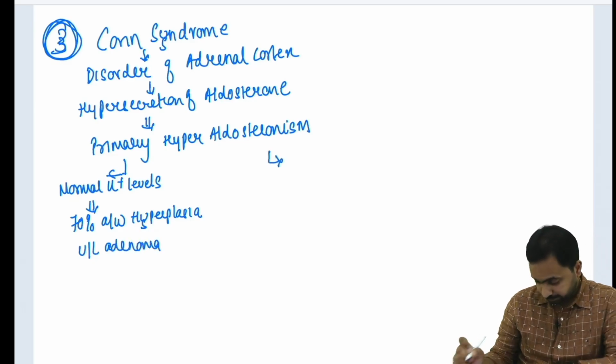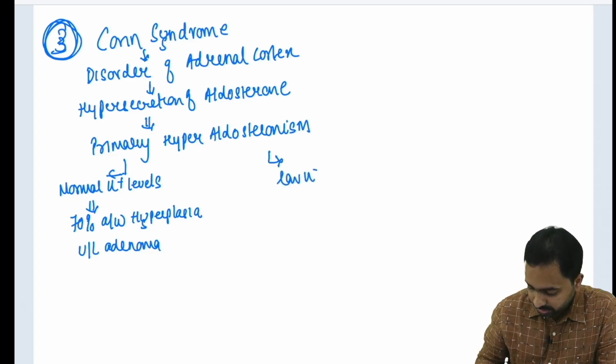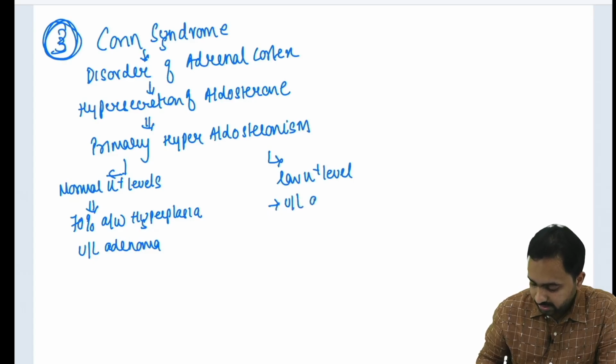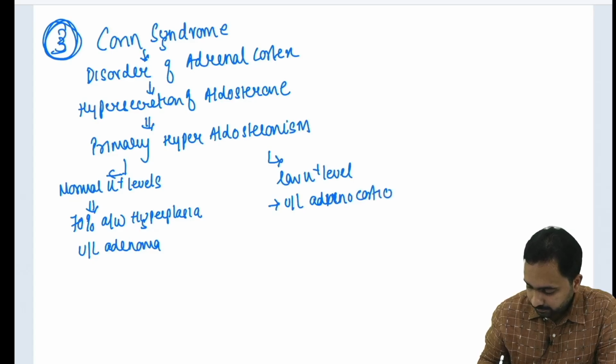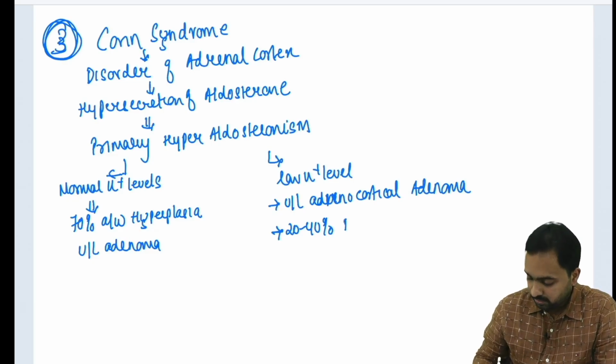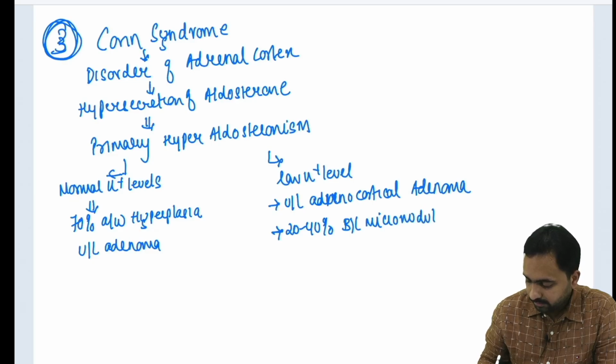In case of low potassium level, most are because of unilateral adrenocortical adenoma, and around 20 to 40% are because of bilateral micronodular